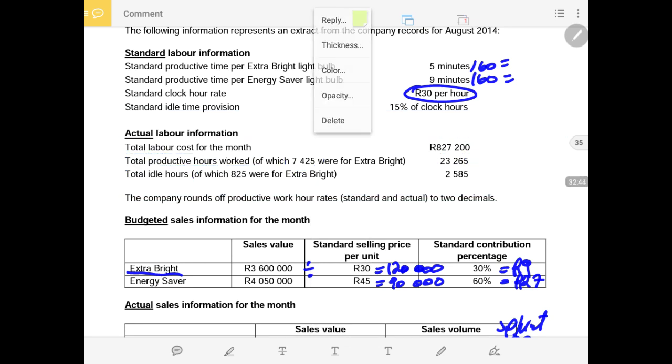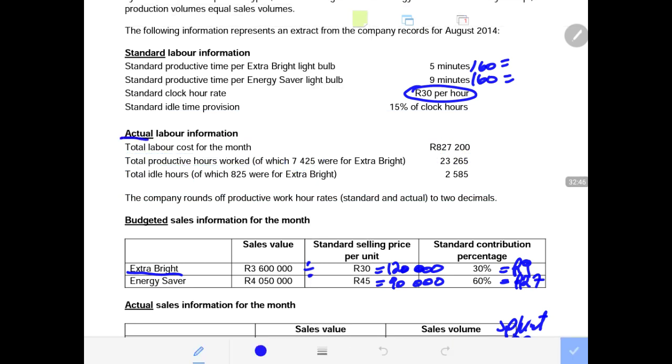And under our actual information regarding labor, because we are looking at the labor hours in this case, our employees were idling how many hours? 800. Remember, we are only in the product extra bright, and we are under the total idle hours. With regards to product extra bright, employees idled 825 hours, and they were supposed to idle